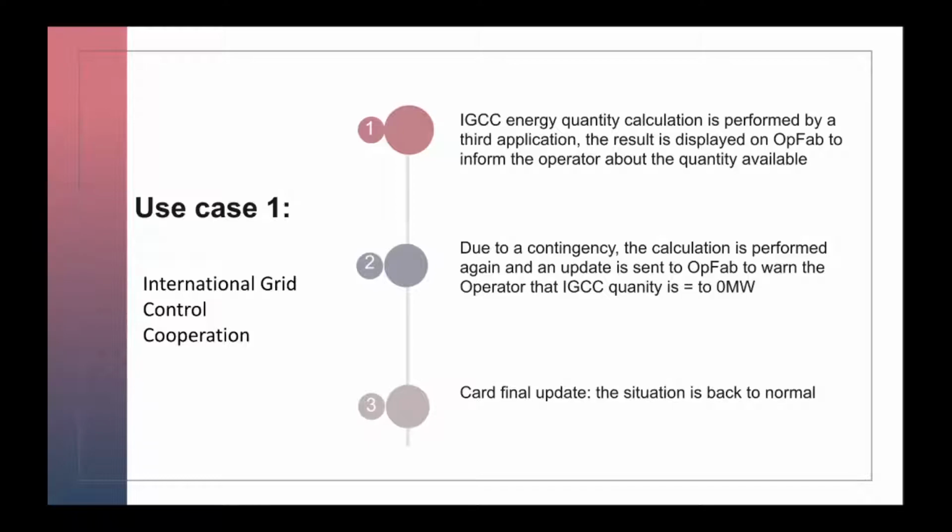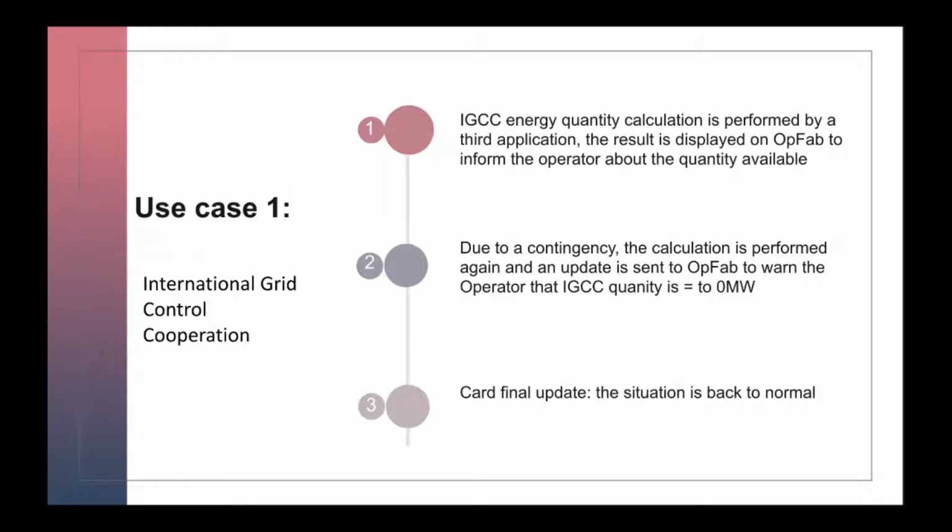So long story short, this mechanism consists in injecting or withdrawing electrical power in the grid to restore the frequency level. This mechanism has been streamlined to be performed at the European grid level to ensure more cooperation between TSOs and is now known under the name of IGCC. So every country computes the power they can provide to the grid if there is a need to restore the frequency. The IGCC energy quantity is computed several times a day and takes into account the events that occur in